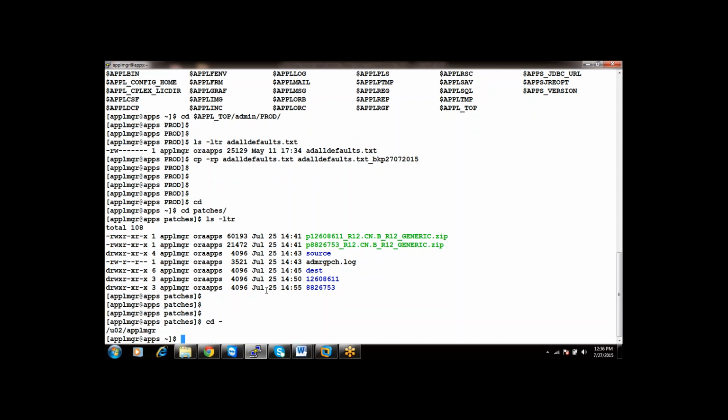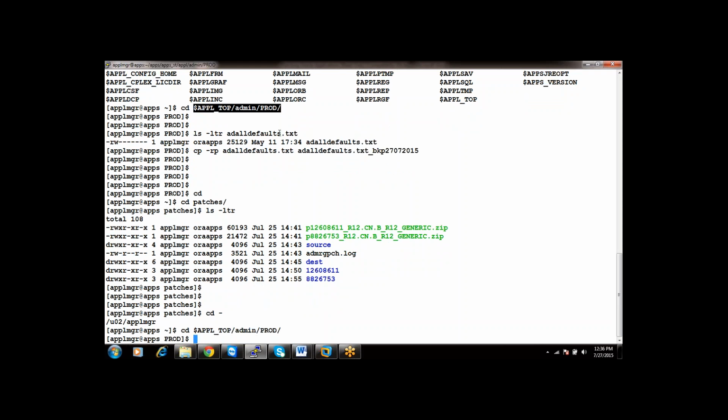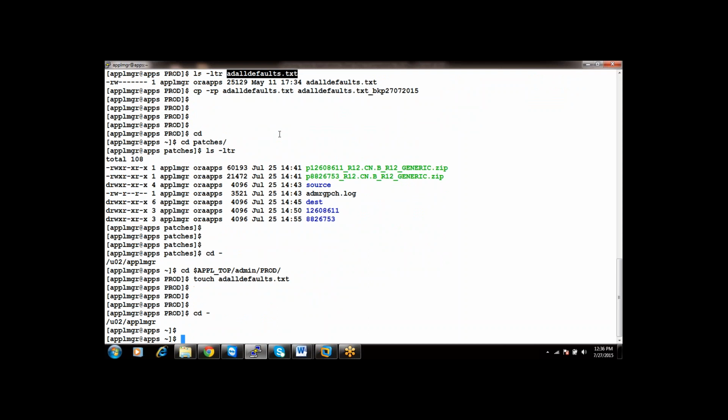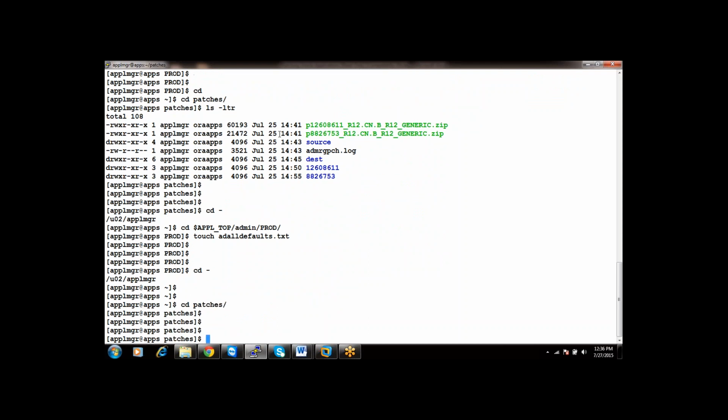You just go to this location and touch. Are we going to make changes to that file? Yes, we are going to make changes to that file. I'm showing you how to make changes.